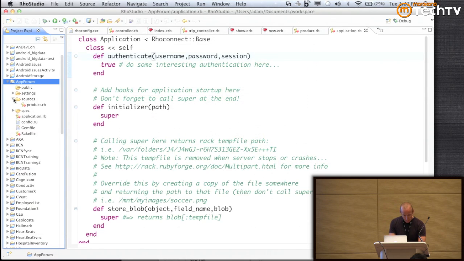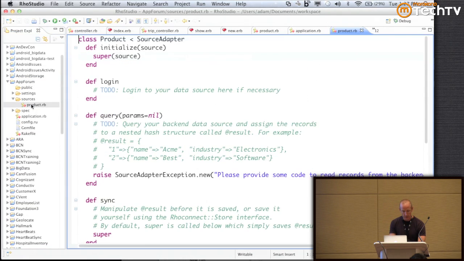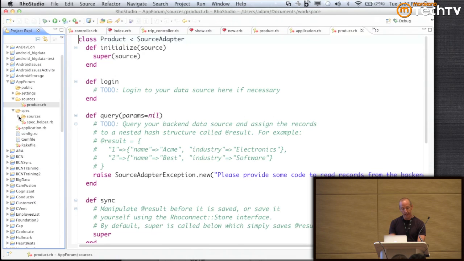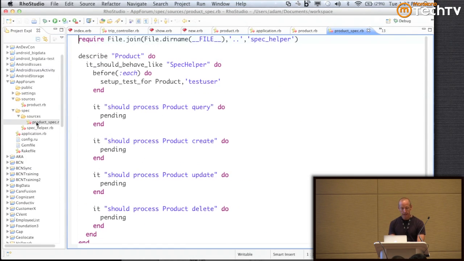Okay, so now I get a couple things generated. First of all, I can go to my sources directory, and I get this product source adapter. And then what I also get is a spec. We don't force test-driven development on anybody, but we're big believers in test-driven development. So RhoElements is the only framework that I know of that supports TDD